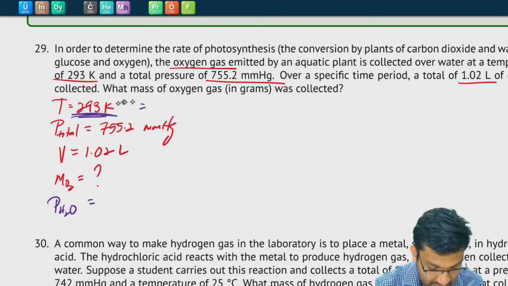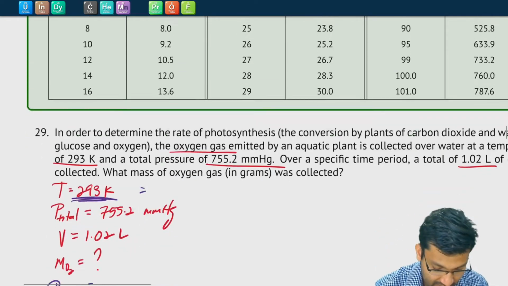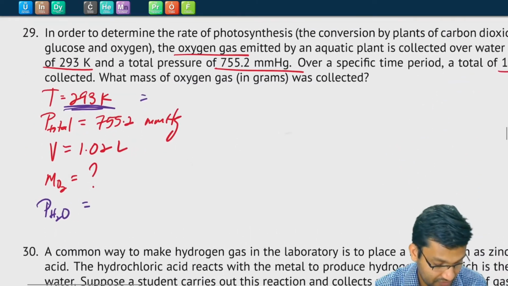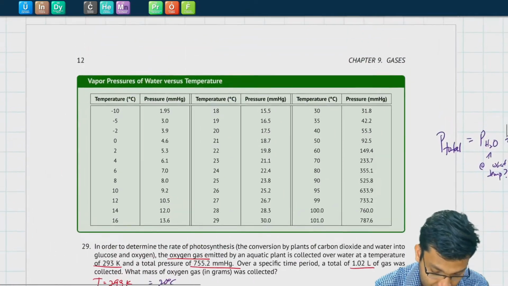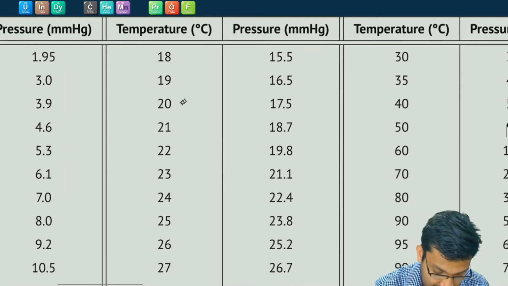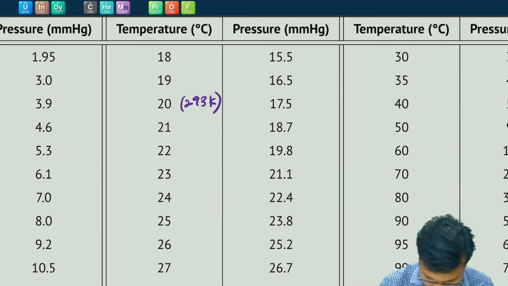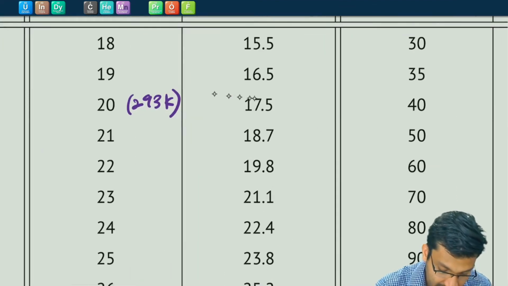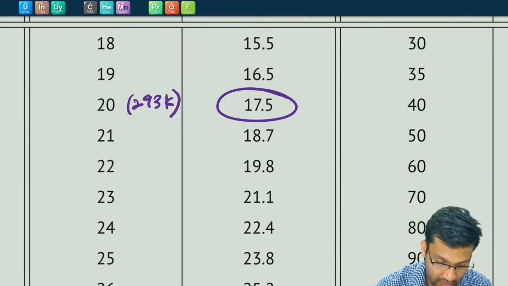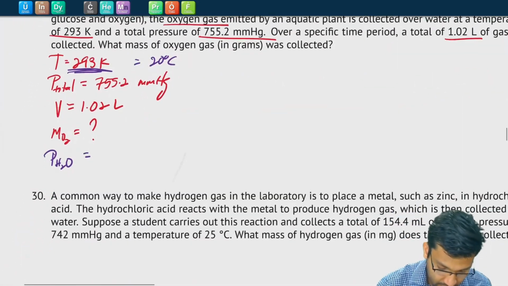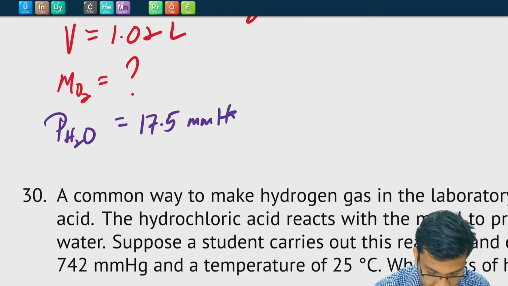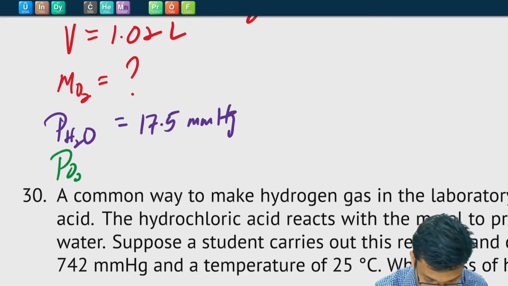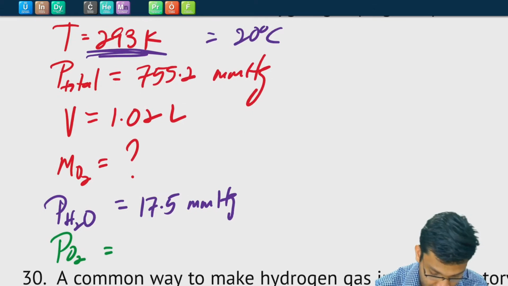If we convert this to degrees Celsius, which is what this table is written in, just to make you do some more temperature conversions, this is 20 degrees Celsius, right? So I would just write here, where it's 20 degrees Celsius, this is also 293 Kelvin, so that we can find it easier later. Okay, at 20 degrees Celsius, this is the partial pressure of water, 17.5. So partial pressure of water, 17.5 millimeters of mercury, which means that the partial pressure of oxygen is the total pressure,